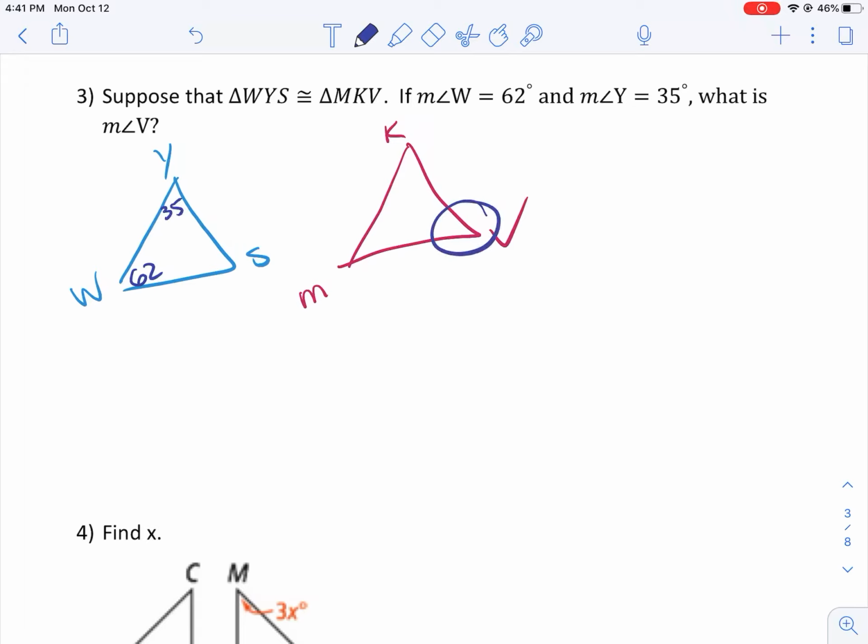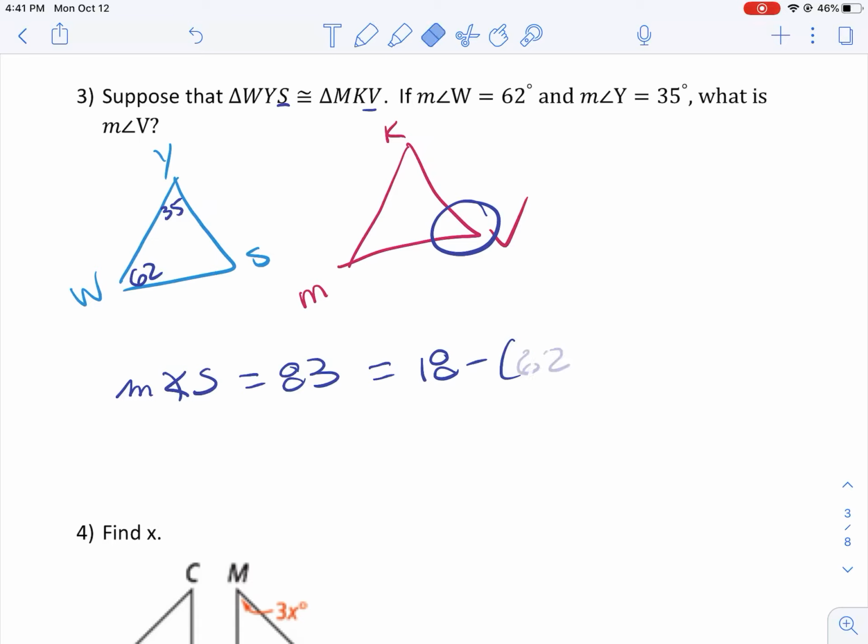We're asked to find the measure of angle V. Interesting, because V is not in the same triangle, but we do know that angle V and angle S are corresponding angles. They are in the same spot. So if I could find angle S, I know angle V. Well, from the triangle angle sum theorem, I know that the measure of angle S is 83, which is 180